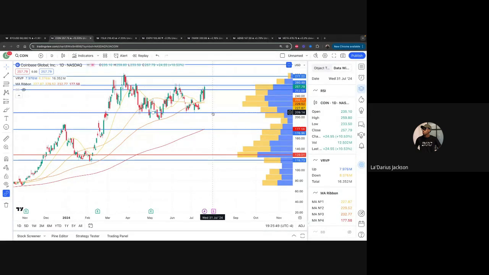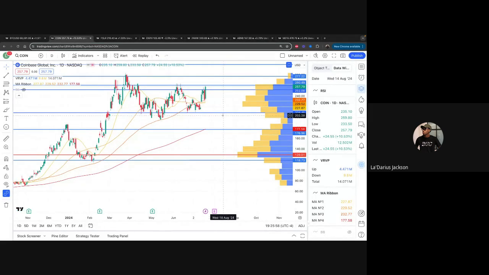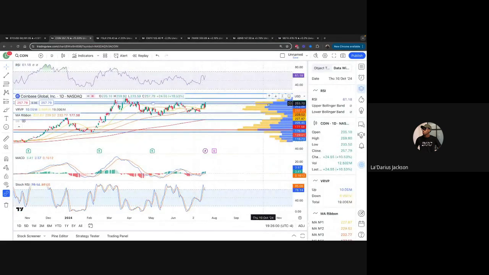And at that time, I've been saying I think Coinbase is going to be a $1,000 stock. Right now it's at what, 250, 260, give or take. I think it's going to be a $1,000 stock. And then if we zoom out some,